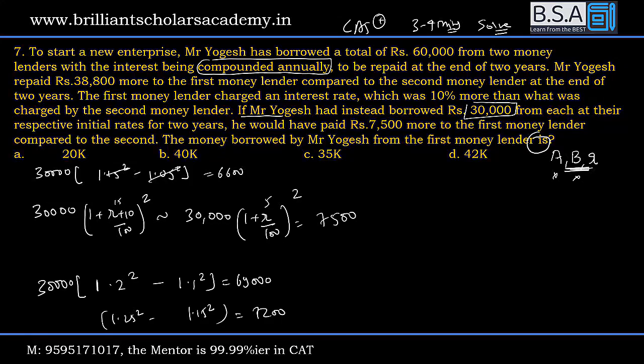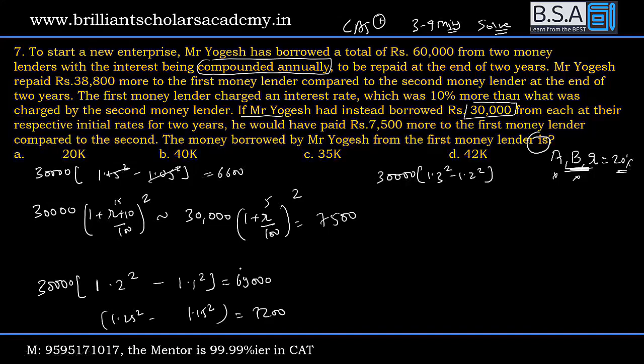If I make it 20%, it matches precisely. R equal to 20% matches precisely: 30,000 into 1.3 square minus 1.2 square. So if you are more comfortable, you could put 10, 20, 30 and check. Otherwise, you can always solve this quadratic equation. So I've tested for 5, 10, 15 and 20. R equal to 20% matches. Once you know the value of R,